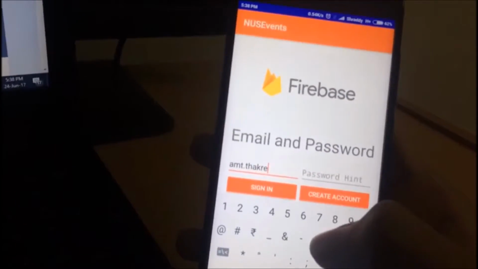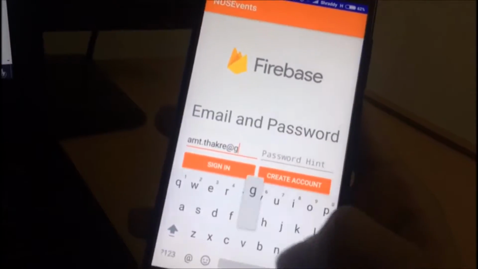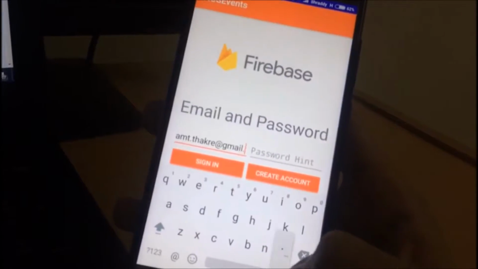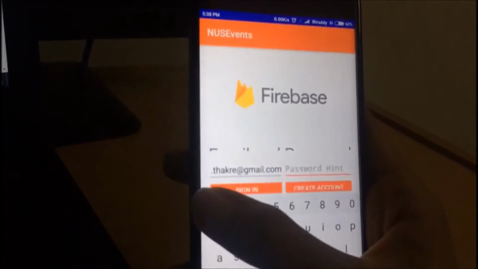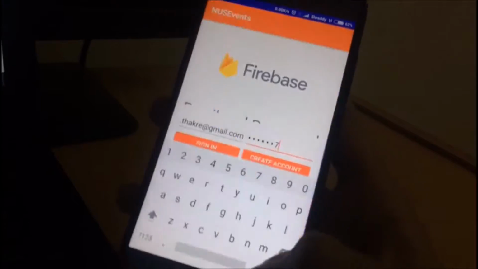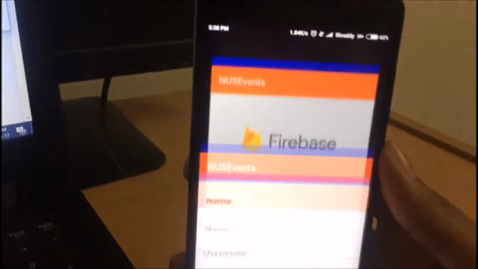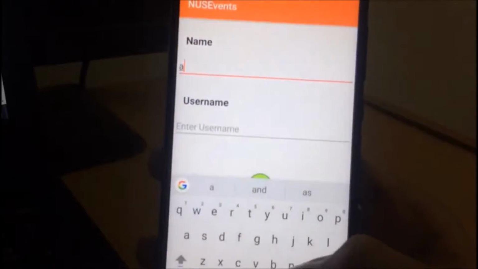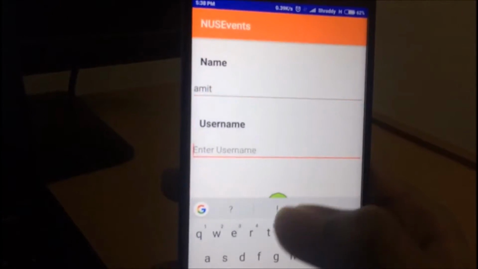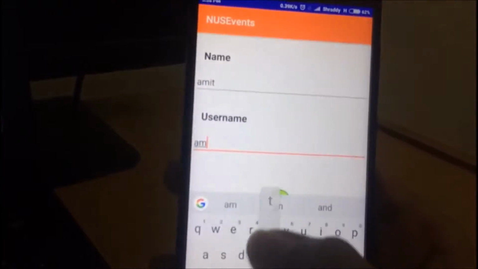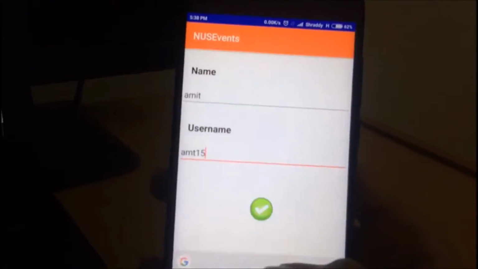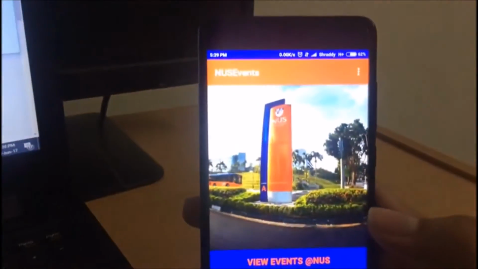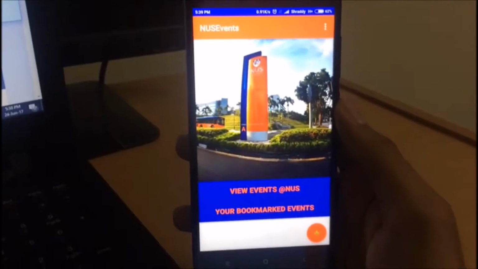maintaining all the accounts, and as you can see I'm trying to create a new account with a simple password. Now I'm pressing create account. It is loading using the internet and it asks me to enter more details, and I can quickly enter the details and press enter. Which opens the main page of the app and shows a toast message that I'm signed